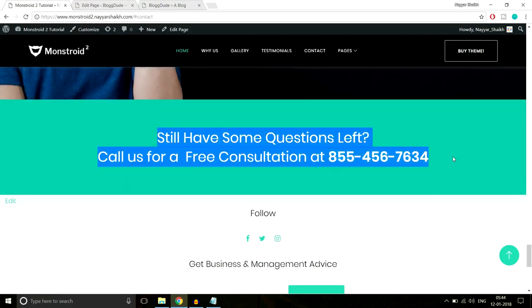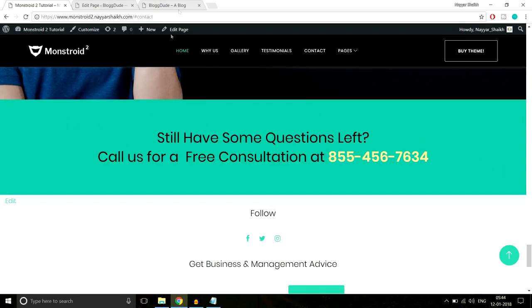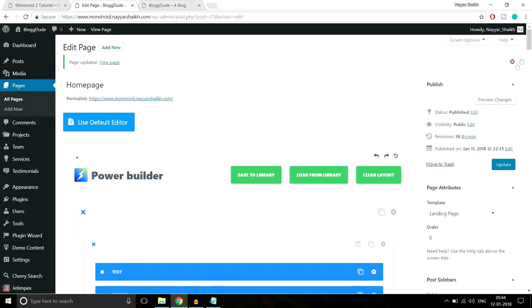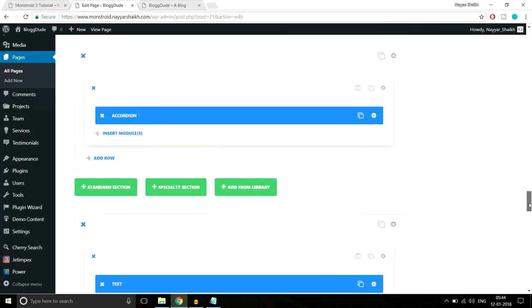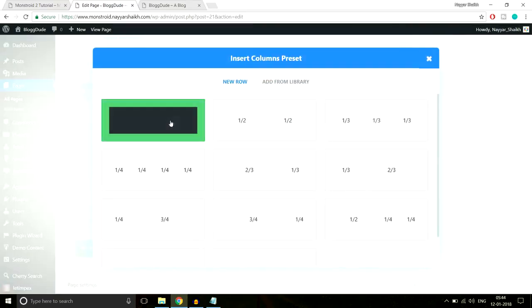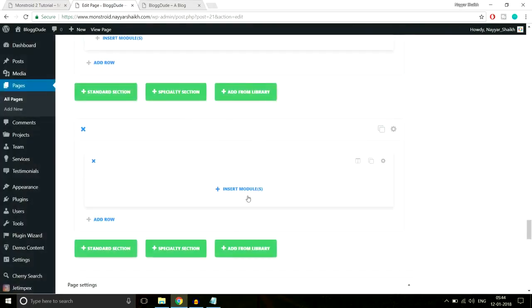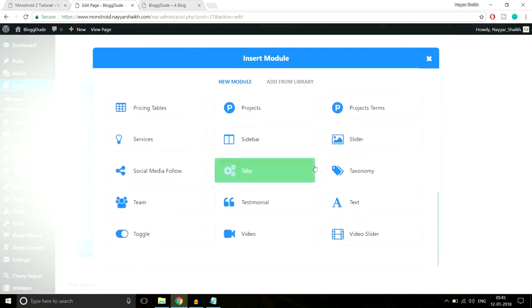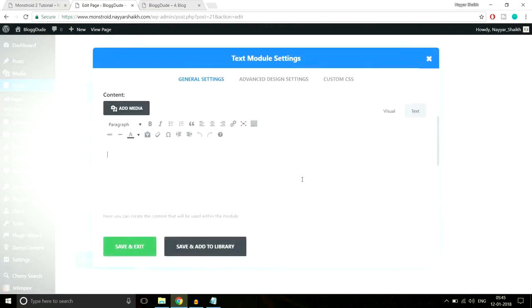This is a very simple section. We just have some simple text and we have a color in the background. Okay, so let's add this. Again, come at the bottom, click on add new standard section. Okay, single column, insert a new module, text module, paste in this code, and we want to change